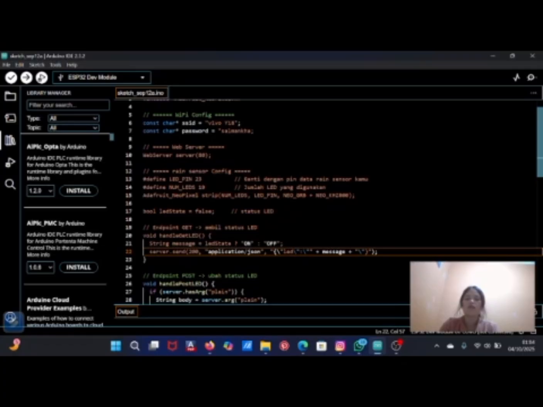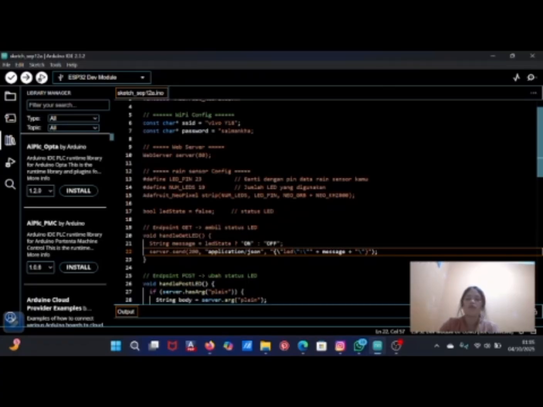Once the ESP32 connects successfully, it will receive an IP address from the router, and that IP address will be the address we use to access our web server. We then initialize the web server on port 80, which is the default port for HTTP communication.